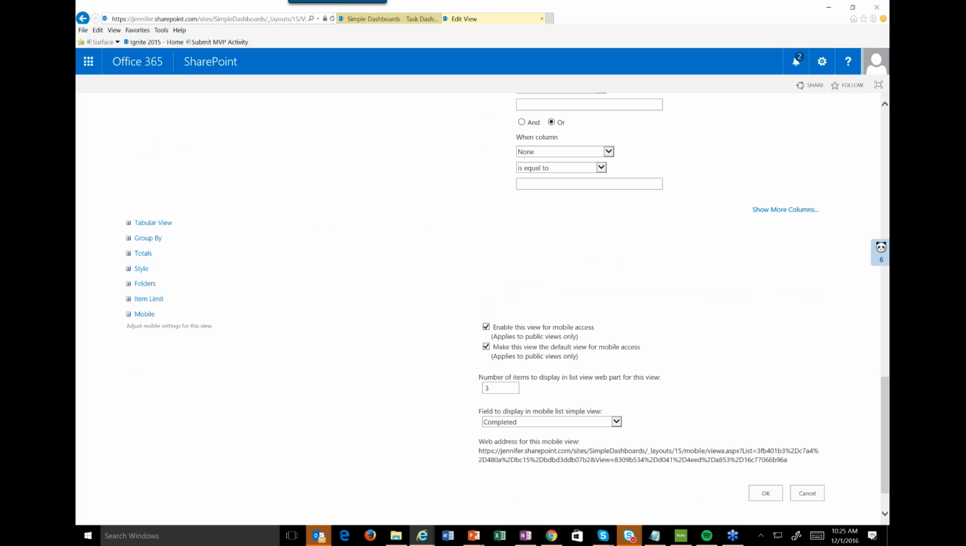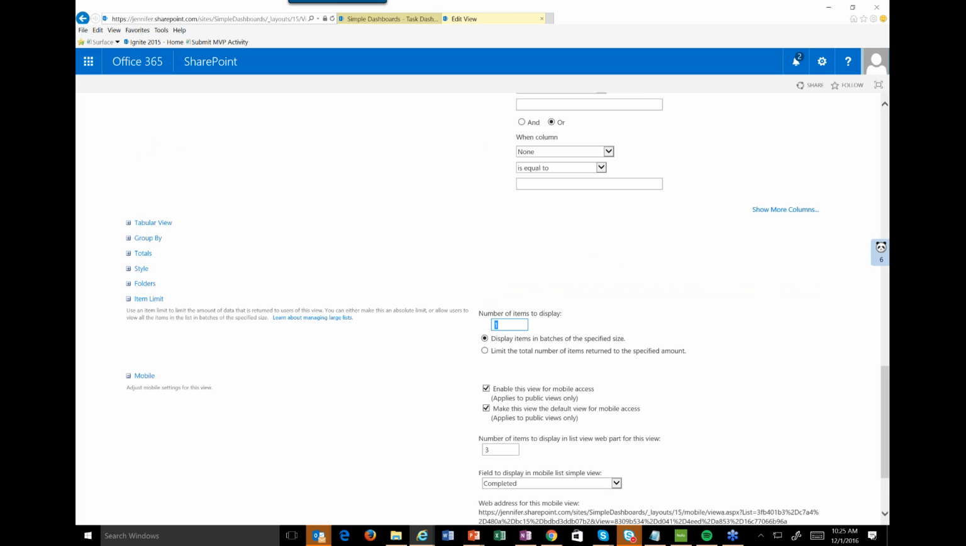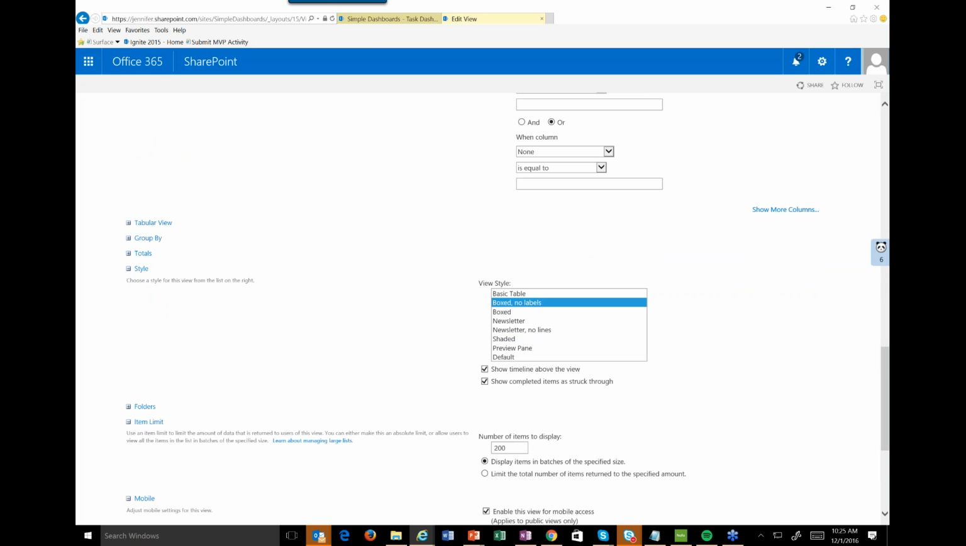Okay, so I'm going to go back to item limit and change it back to 200. Okay, and then I'm going to go back to styles and some of the other ones that we're going to look at. We're going to look first at shaded and preview,